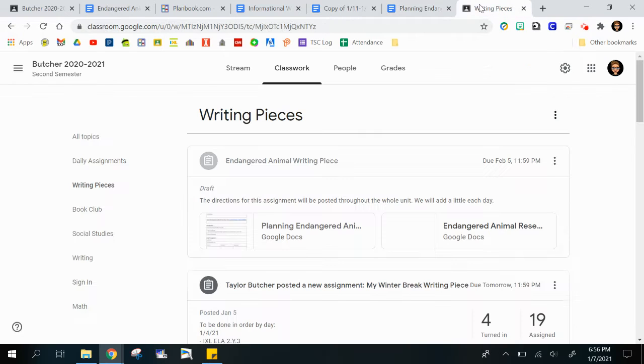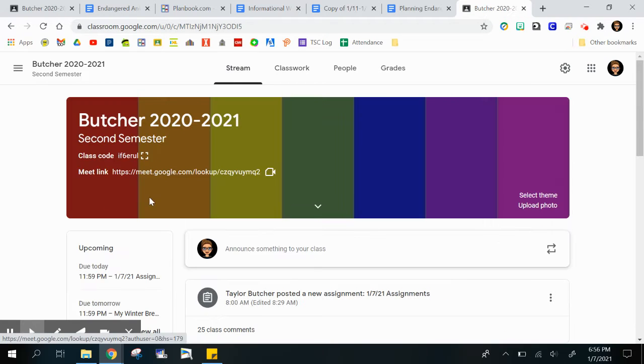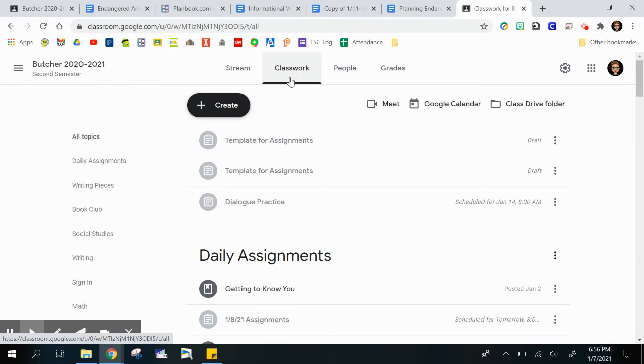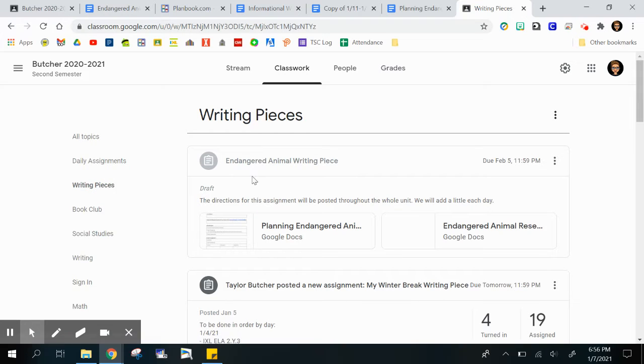When you go to Google Classroom, you're just on the regular page. You're going to go to classwork at the top, and then you're going to go over to your writing pieces. It hasn't posted yet because I'm making this early, but you'll see this assignment. It says endangered animal writing piece. When you click on it, yours will look different than mine always, but once you click on it, it'll be